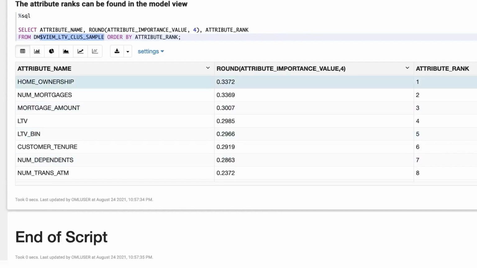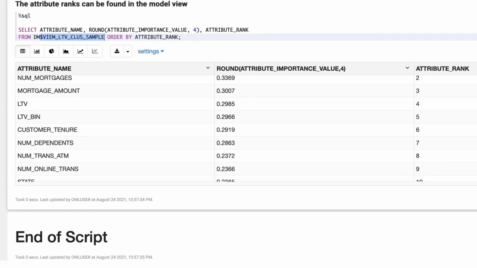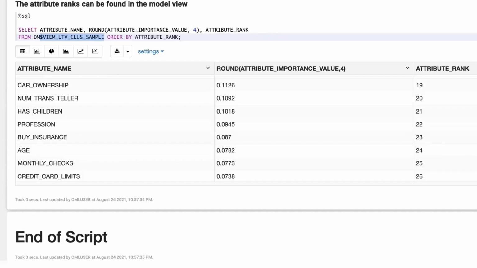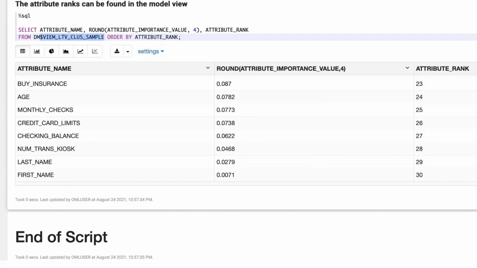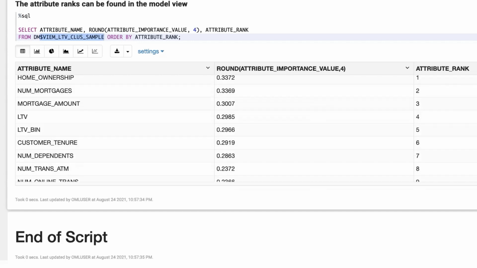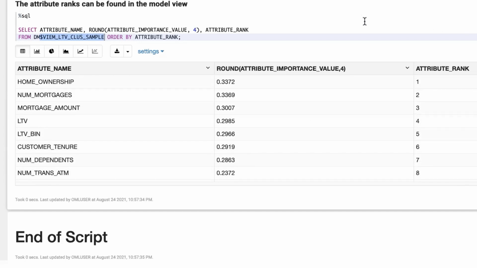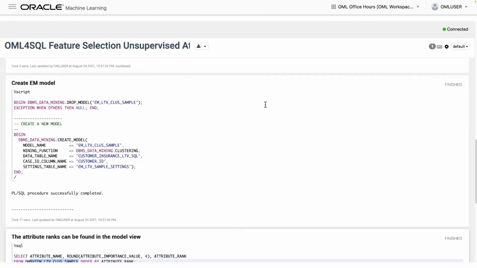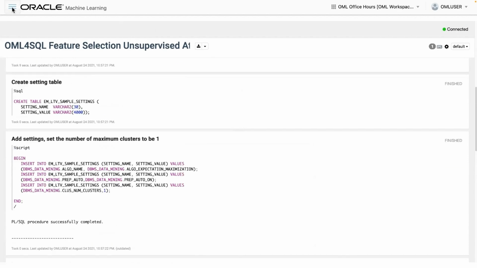Now, this one is completely unsupervised, which means I did not give it the target. So that's giving me a little bit of a different twist, but I am seeing some other variables here that have very, very, very low importance, including first name and last name, which is good, right? So in any case, that's the EM. So we're using the unsupervised expectation maximization one, right? So going back to our examples,